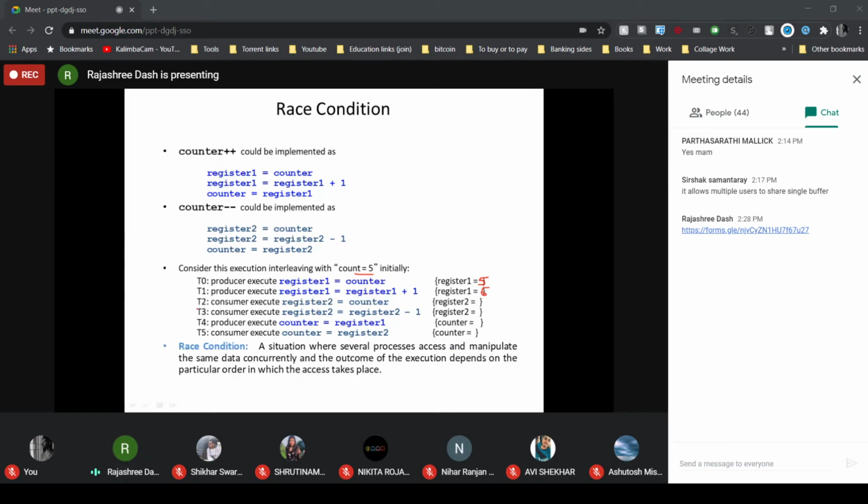Now the instruction related to the consumer process executes, that is register 2 equal to counter. So who will tell me what will be the value stored in register 2?